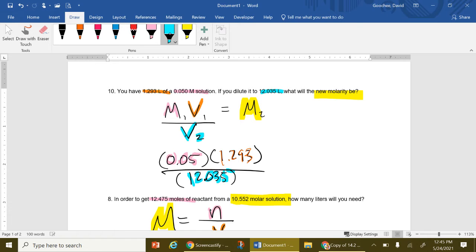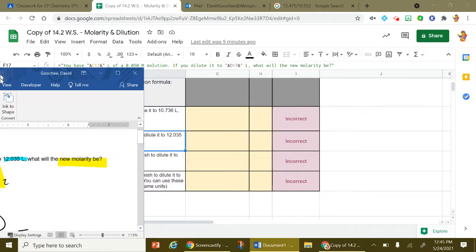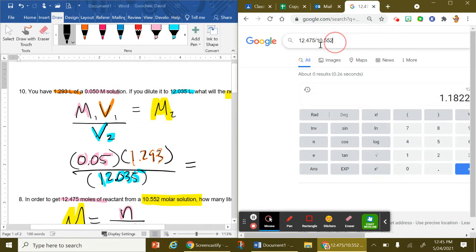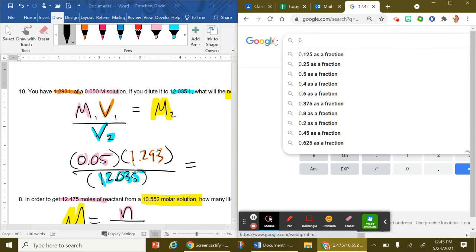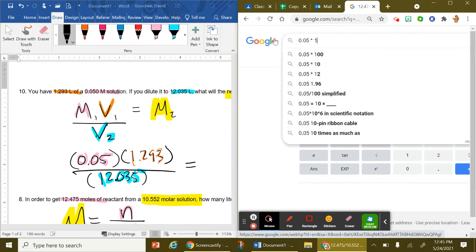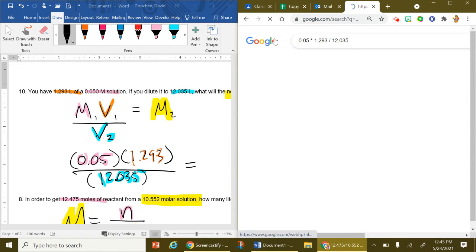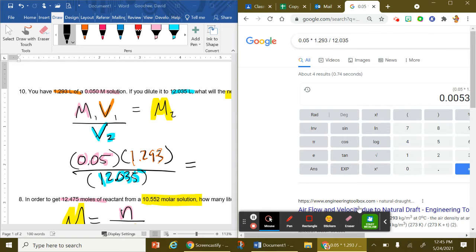And that's going to equal the final molarity. So I'm going to plug this in: 0.05 times 1.293 divided by 12.035. And I get, as my final molarity,